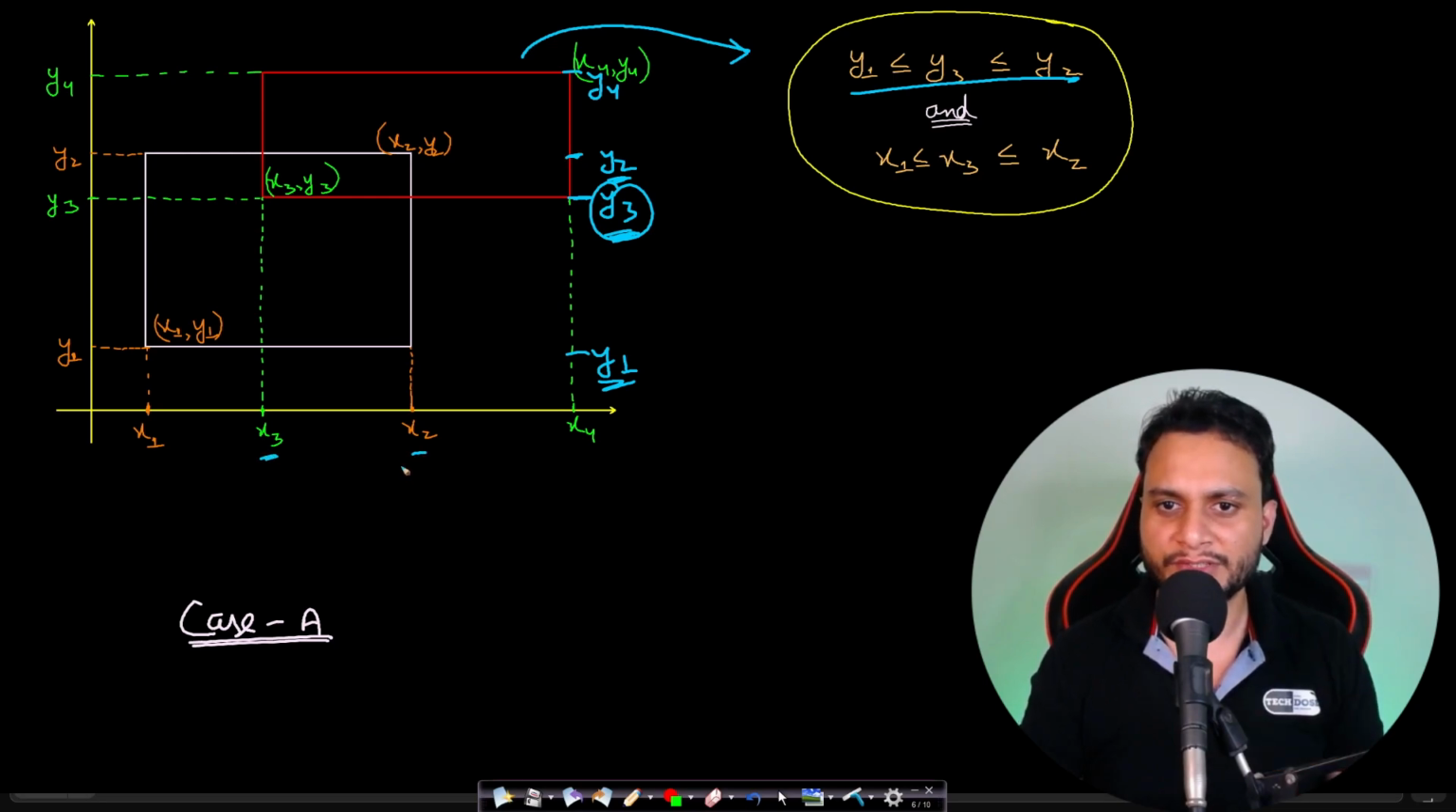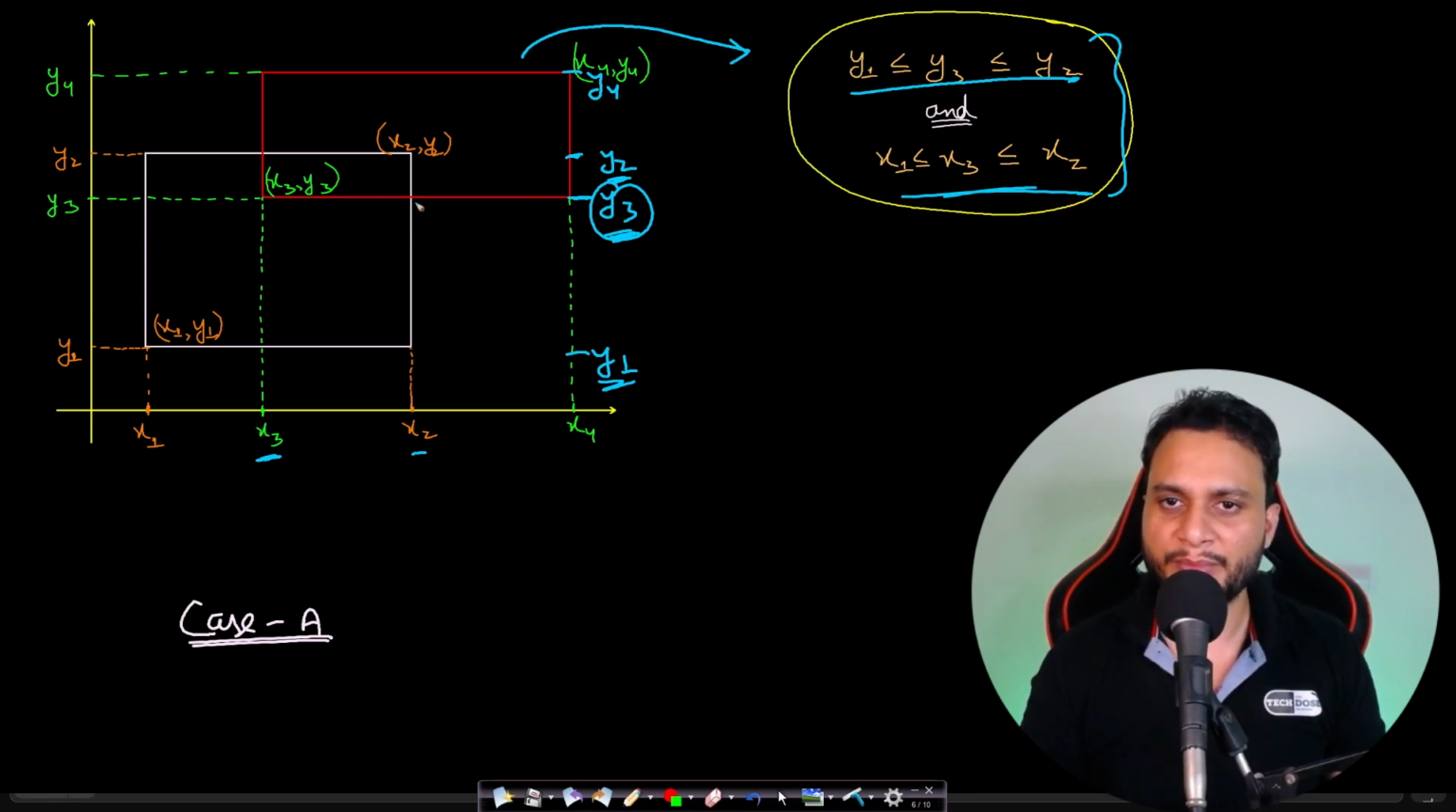Then there will be no intersection, right? So only comparing the y coordinate is not enough. You have to also compare the x coordinate, right? So we have to compare x3 and see that x3 also lies in between x1 and x2. Okay, so we are comparing both y coordinate and x coordinate, that if both of them are intersecting, then only